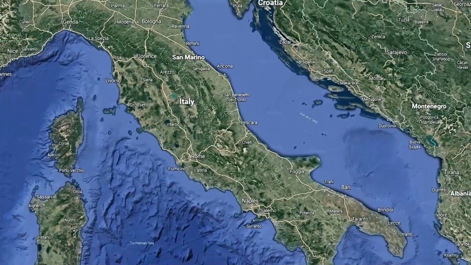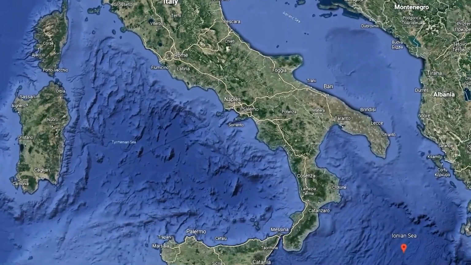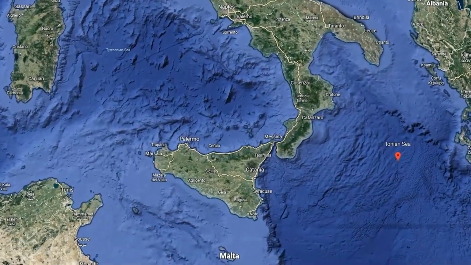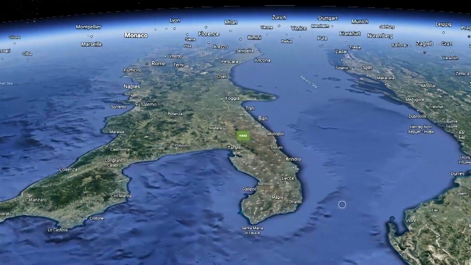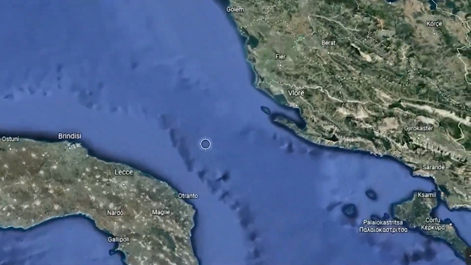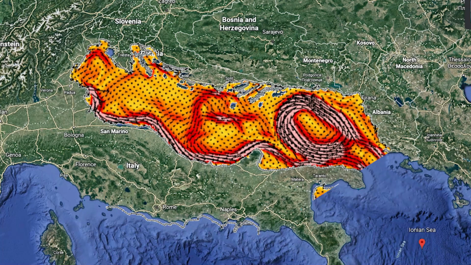The inflow of the Adriatic Sea from the eastern part of the Strait of Otranto is referred to as the inflow of the Adriatic Sea if the Adriatic Sea is considered as the main basin. The flow leaves from the Adriatic Sea to the Ionian Sea through the Strait of Otranto, which is considered to be the outflow. There is a seasonal variation in the amount of water entering the Adriatic Sea from the surface